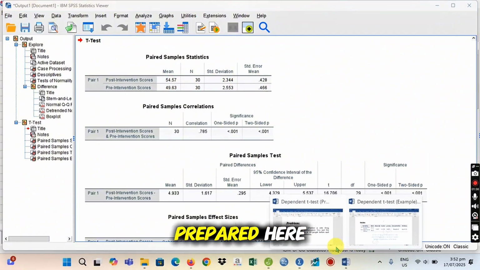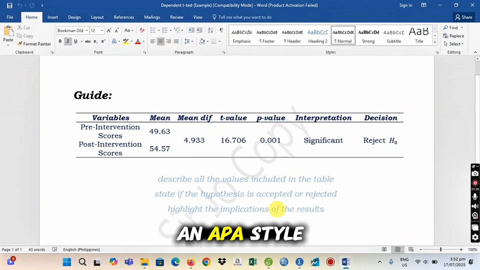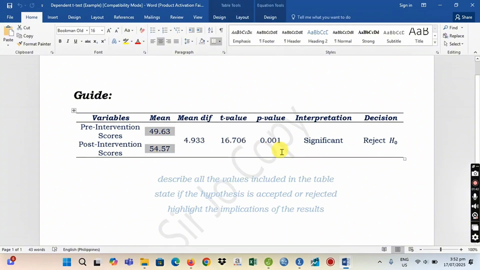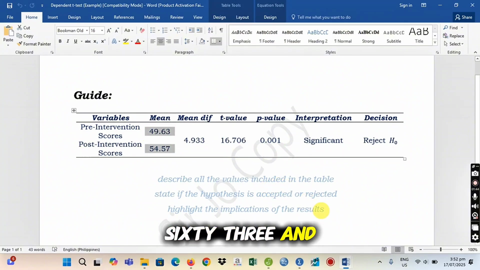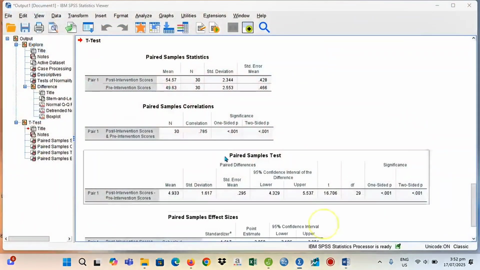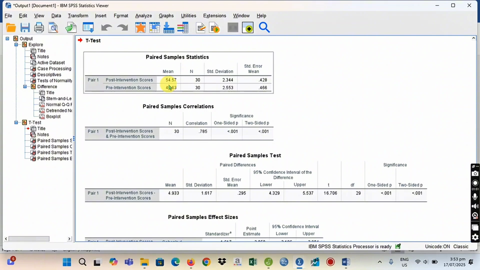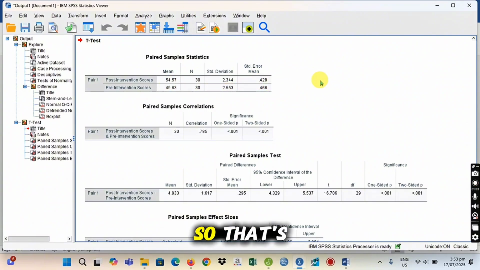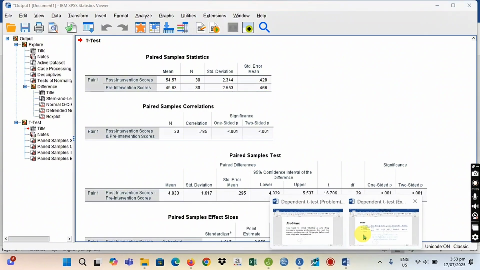And I have prepared here an APA style. So let's start with the means, 49.63 and 54.57. So that's correct. What else?